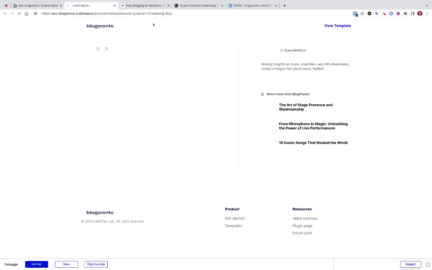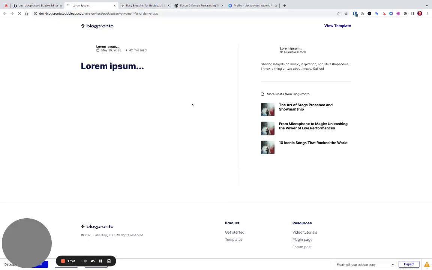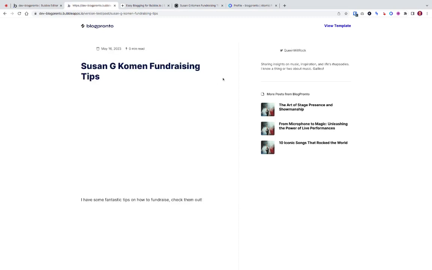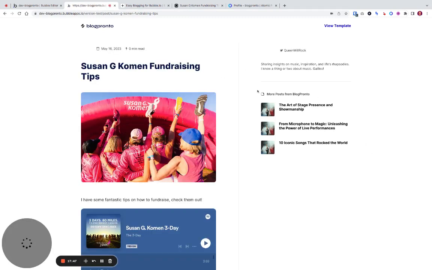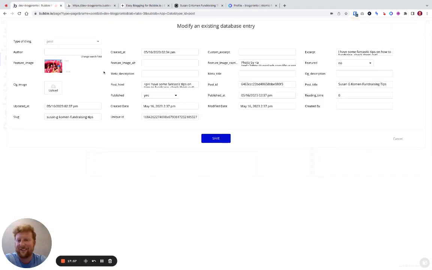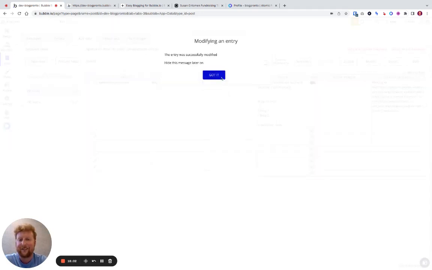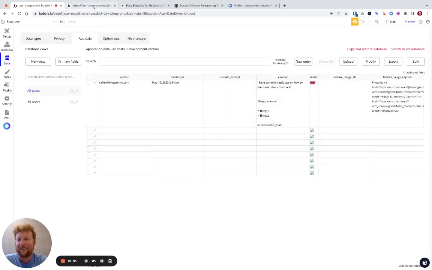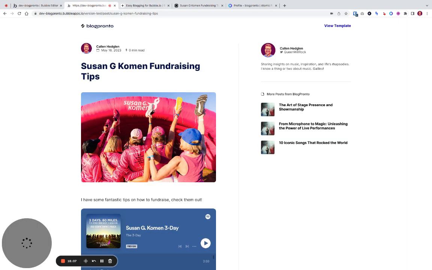Now, preview, and then paste the slug in there. And there it is. So it showed up, and for whatever reason, oh, I guess I didn't assign an author here, so let's make it me. So something messed up with how that's working, but yeah, so you can see my information there, and as you